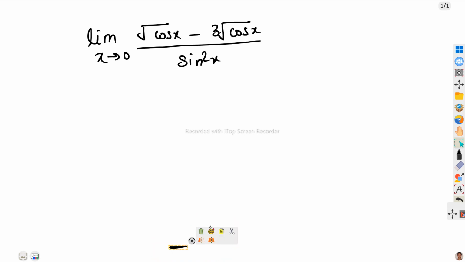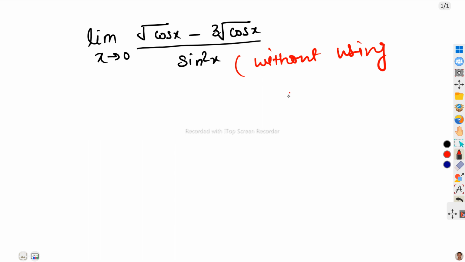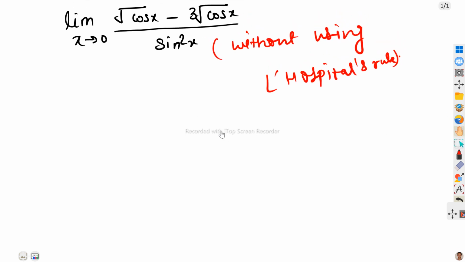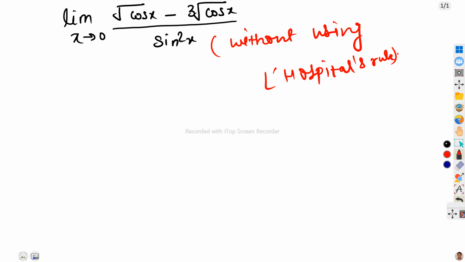On the board, we have to find this limit without using L'Hopital's rule. So we have to find the limit without using L'Hopital's rule. Again, we are going to find the value of the limit. So first of all,